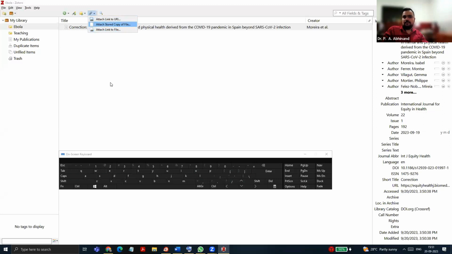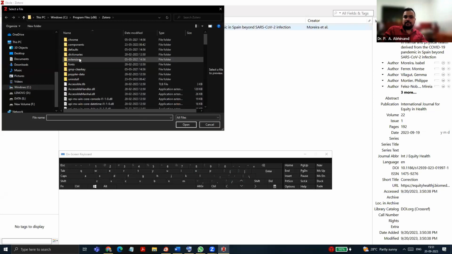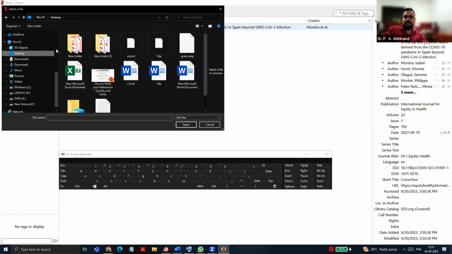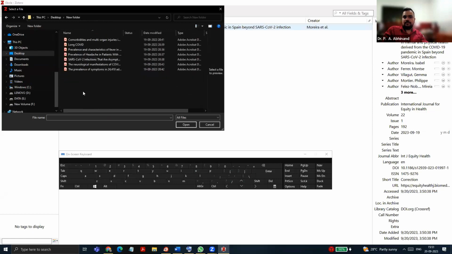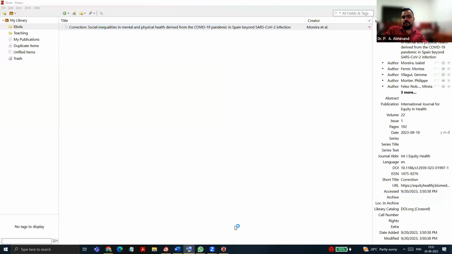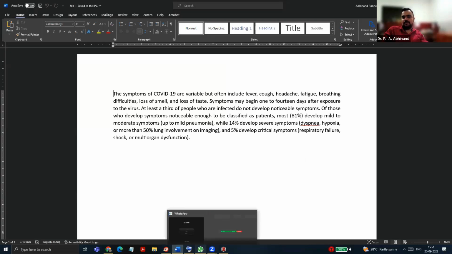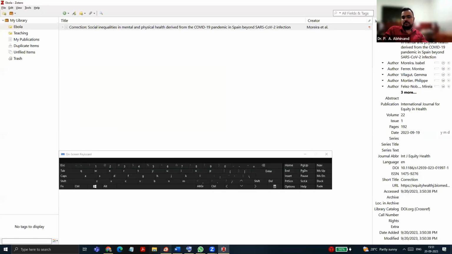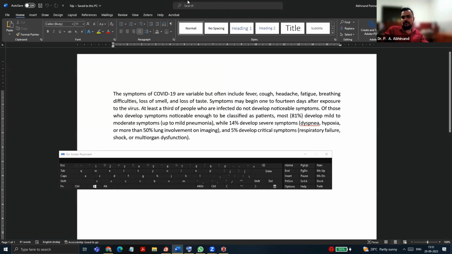Or if you want to have a paper added, you can go here. So all the papers will be added one by one. And say for example, you want to add that paper into the manuscript. Very easy. You just have to open your Zotero.